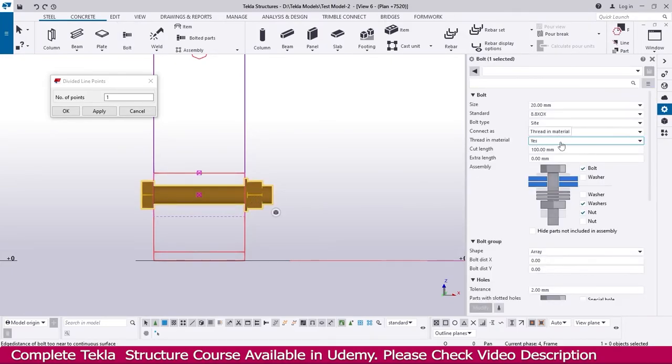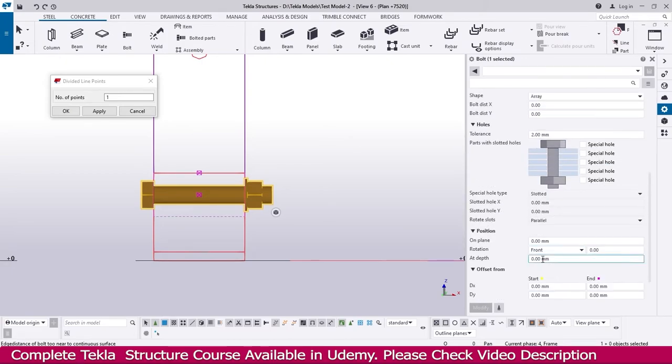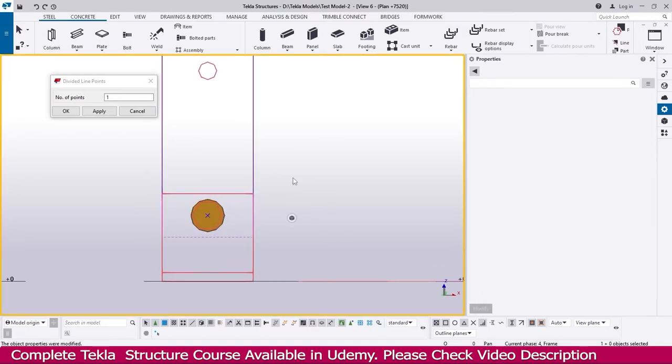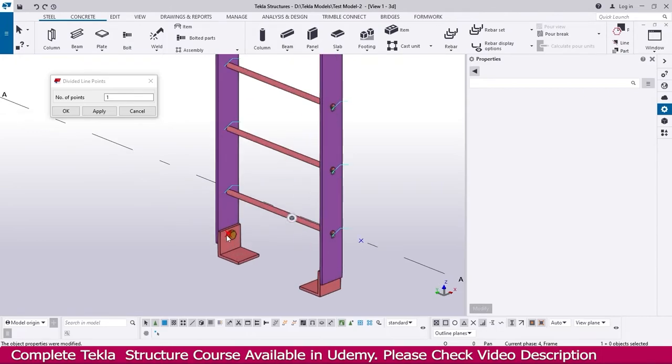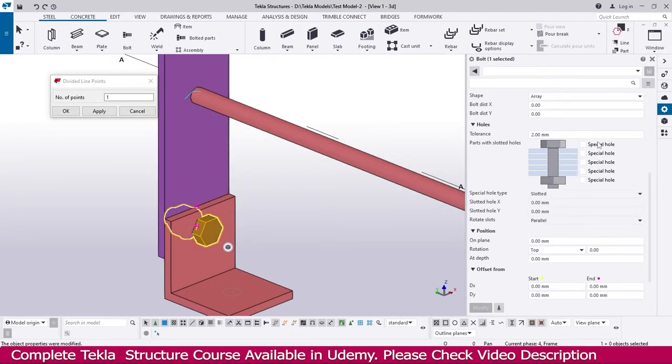Double click this one and go down to the position. We can change the position. Now I just change it to top, and you will get it like this. So like that, just go to the control tab. Here you can see the bolt is created, and if you want any special hole, slot hole or other things,